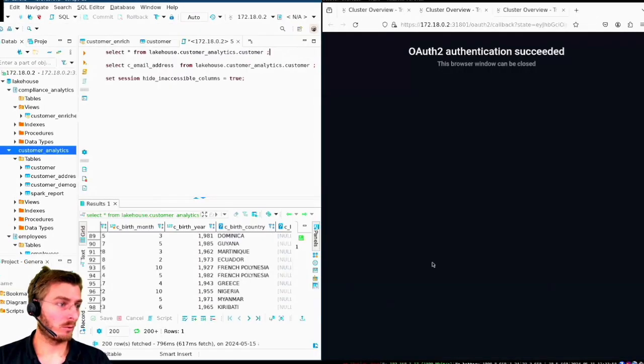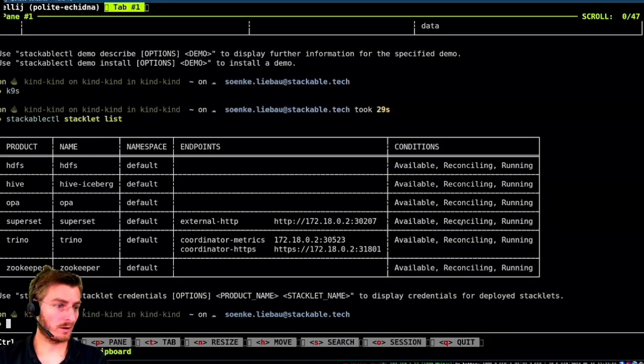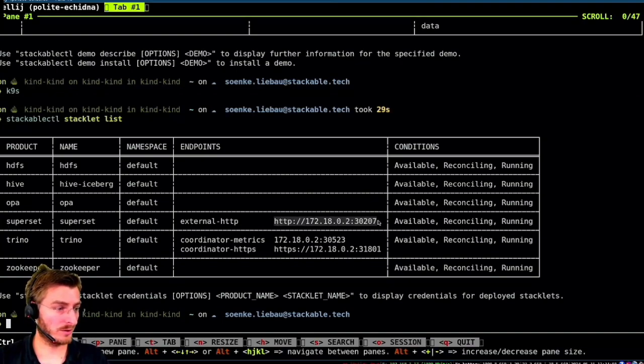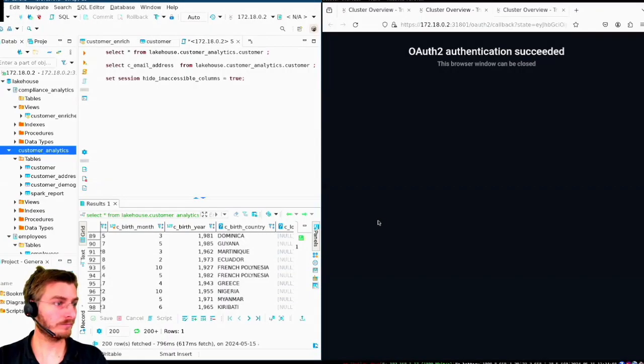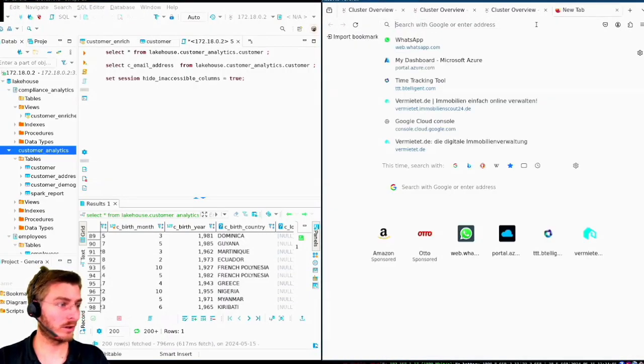And what we can now also do is, if we take another look at what Stackable control extracted for us, it also gave us the Superset endpoint. So if we want to have a look at Superset here, we'll just copy this. And if we now head into our browser here,